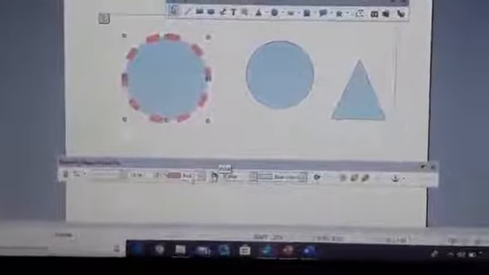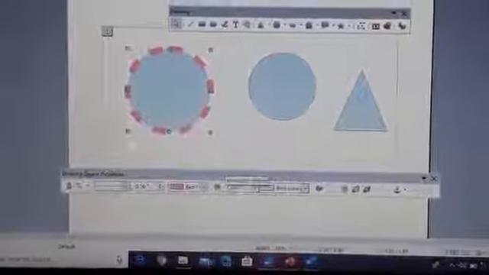Okay, if you want to give the color, you can give whatever color you want to give. Choose the color, then click OK. See what happened. The lines of the object will be changed. If I want to change the area color, go to this, which is called what? Area. This is called area. Then click this icon. What will happen? You'll again be getting this area dialog box. Here you can change the shadows. Whatever you want to change, you can change. So I'm going to change the color.